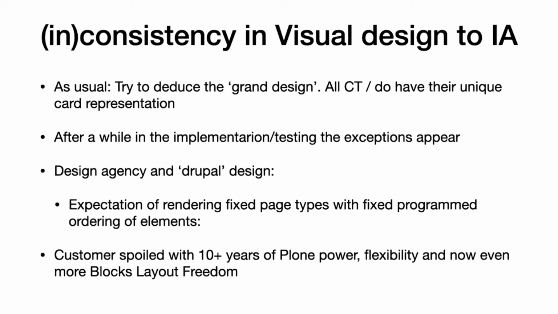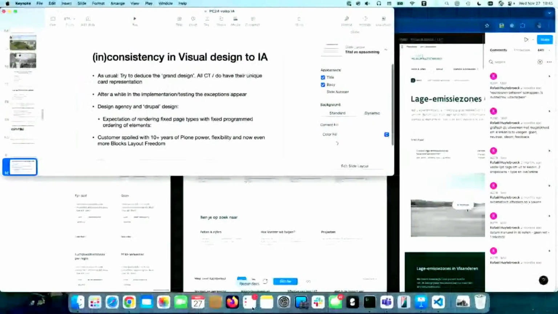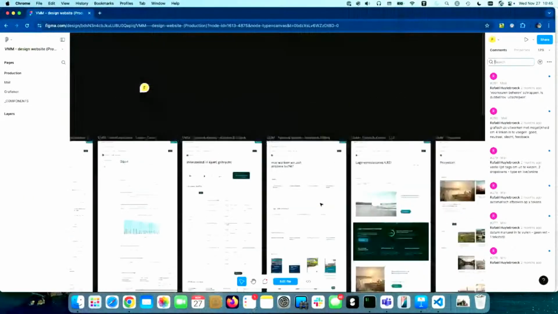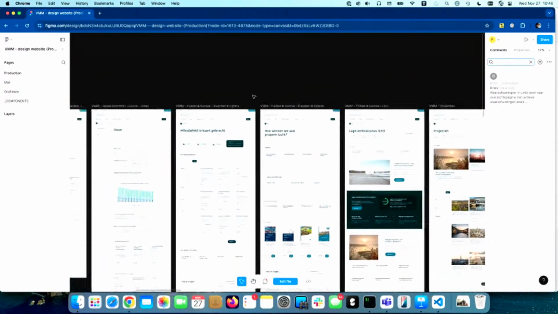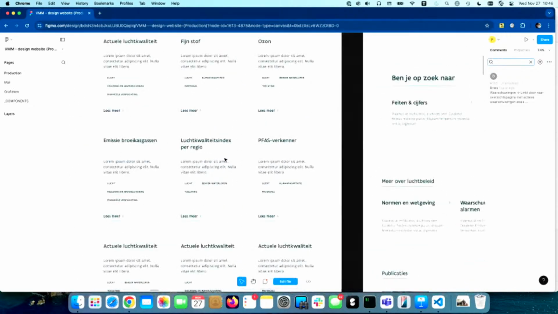But of course, we tried to figure out the grand design here, as we always did in previous projects. And at first we were totally flabbergasted when we saw this. Like, there's no system. And then somebody said, yes, but there is a system. Every content type has its own visual representation. A fact always looks like this.